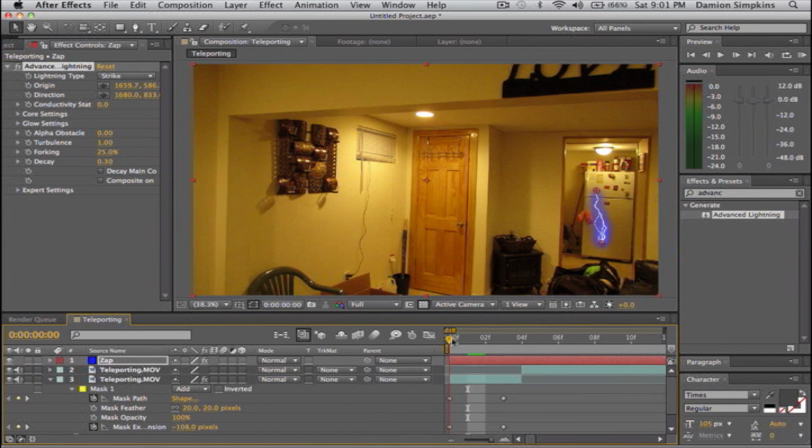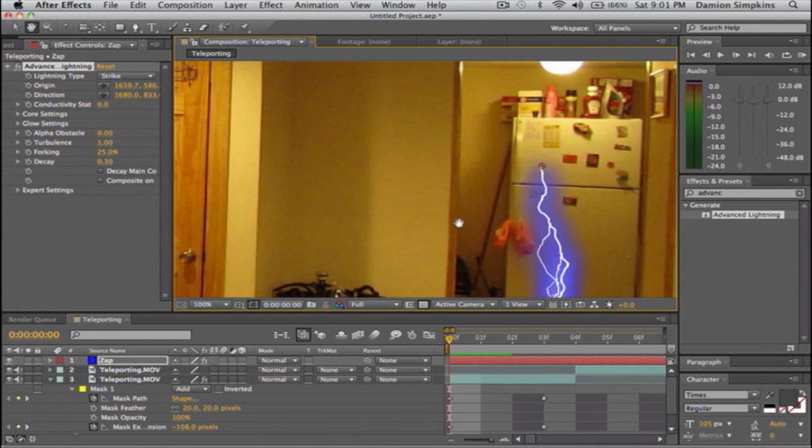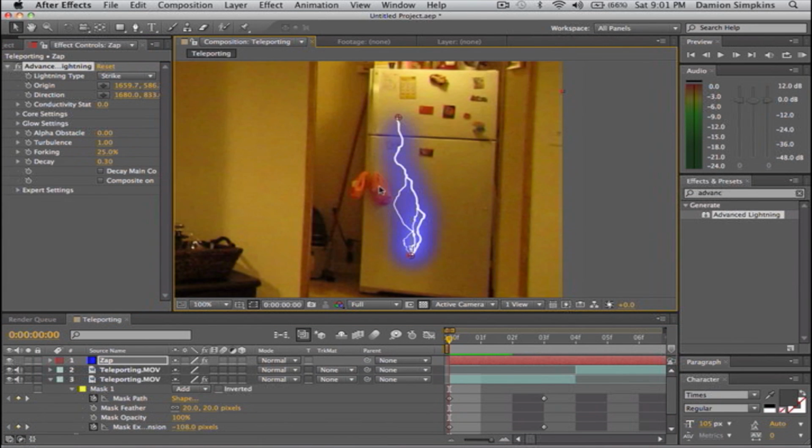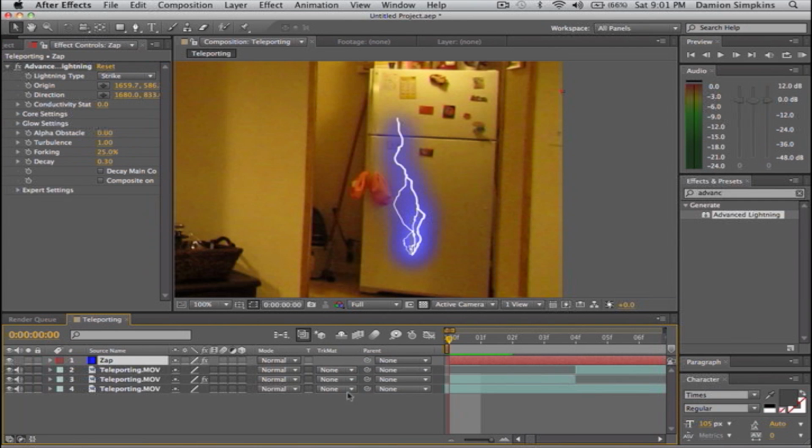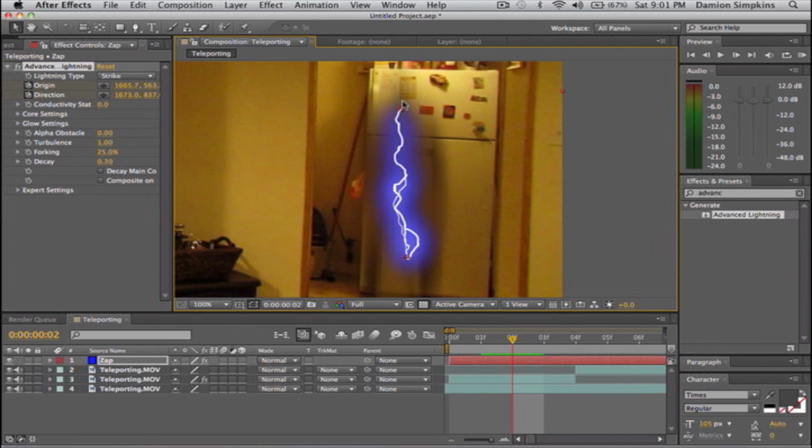So come to the beginning of the teleportation effect, you can zoom into where you were. By the way, hold H to get that hand option so you can move around. And when you do that, you go to your Zap and you're gonna keyframe the origin and the direction. So come in here, click on advanced lightning so you can get back to the settings, and you're gonna drag this down into the middle, and then hold forward the frame and follow where your top and bottom is, what you can see so far,